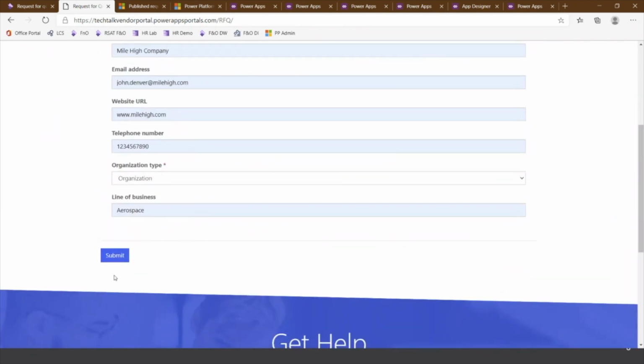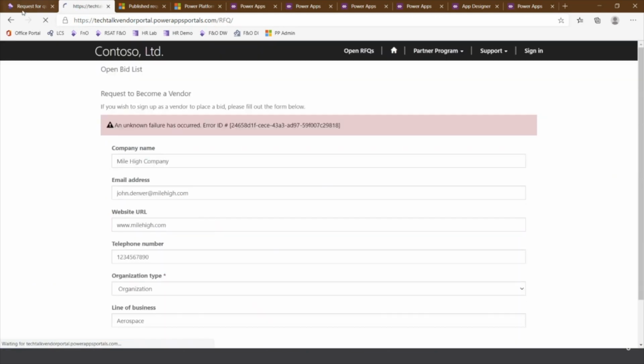You do have the ability from a Power Apps portal standpoint, since this is a public-facing page, you could set up a CAPTCHA on this so that you don't just get a bunch of hackers submitting a bunch of random things on your site. So if I go ahead and submit this,